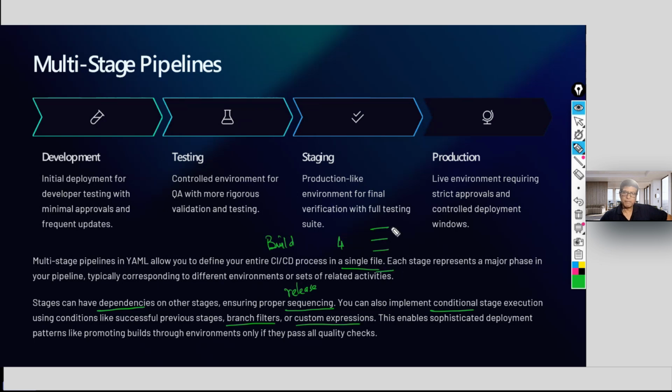I do not need to have one YAML file for this stage, another YAML file for this stage, and onwards. I will have one YAML file having all the stages, multiple stage pipeline. But these are built within the build pipeline. Release pipeline, you do not generate any YAML pipeline because there is no coding part. Is that point clear? Any questions from your end?